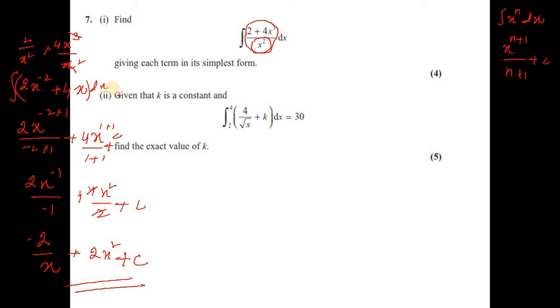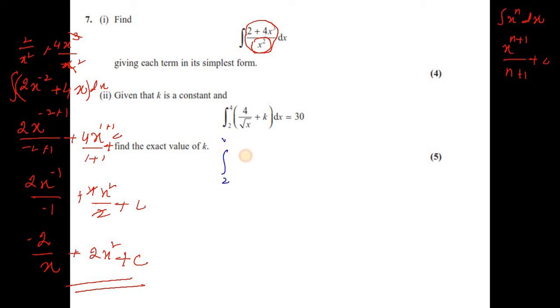Part 2. Given that k is a constant and the integral from 2 to 4 of (4 over root x plus k) dx is equal to 30, find the exact value of k. Again, this is a definite integral, limits are given. So the first step is similar, we need to integrate the bracket. So how do we integrate? First we need to send root x to the numerator, so we can write this as